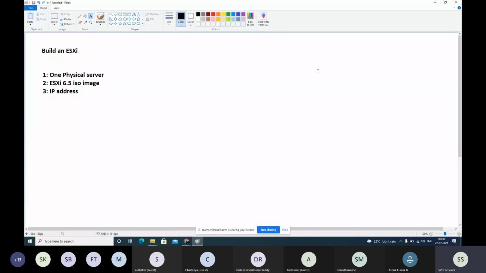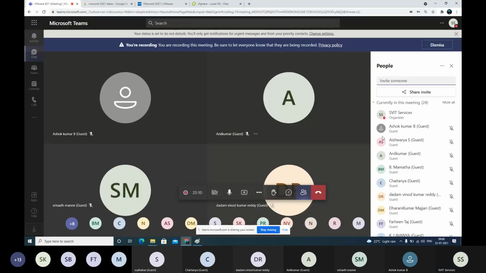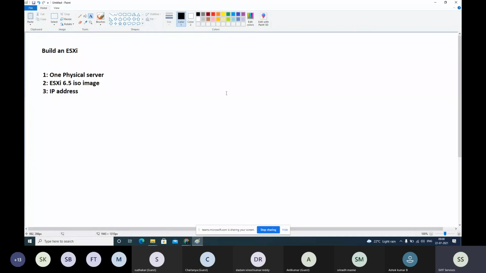But we have only 2 physical servers in our lab. You can practice directly or remotely; remotely also you can install on those 2 physical servers. But instead of doing it directly on the physical servers in our SVIT lab, I will give an alternate method. Instead of having a physical server, you can do it using the alternate method. You can do it any number of times until you get confidence. So that is better, right?